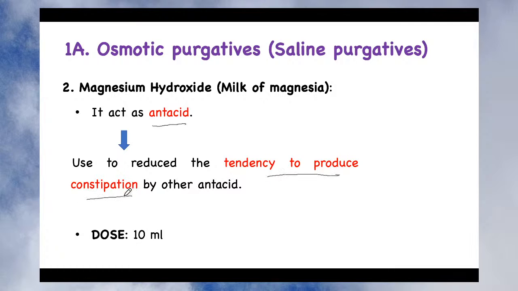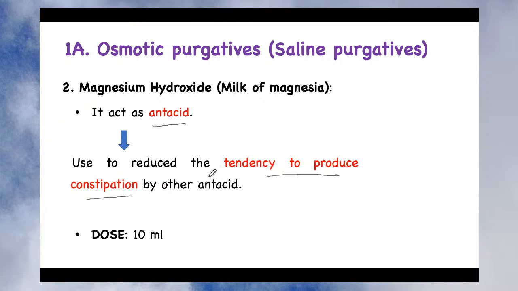So if the antacid itself produces constipation, the patient is already in discomfort due to hyperacidity, and that is why he is taking the antacid, right? And if he also has constipation induced by the antacid itself, then it will further enhance the discomfort to the patient. So in such a patient who has a tendency to produce constipation, when they are treated with